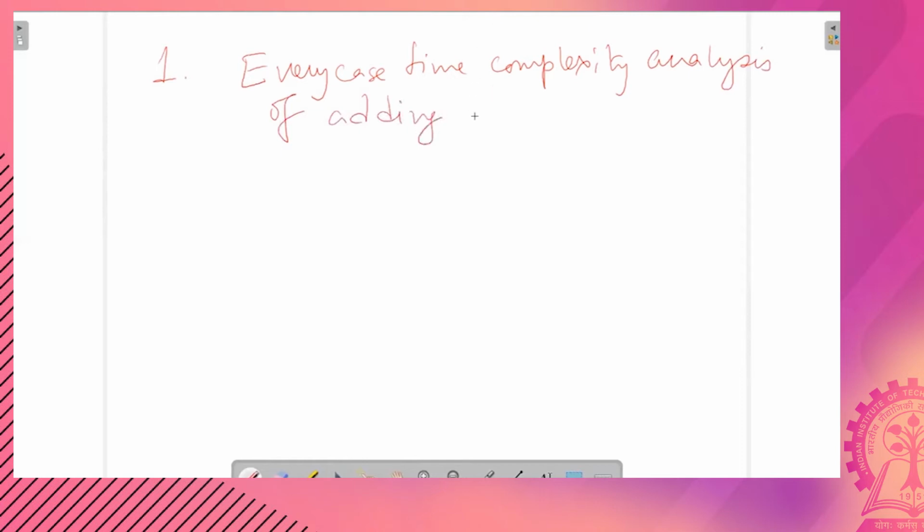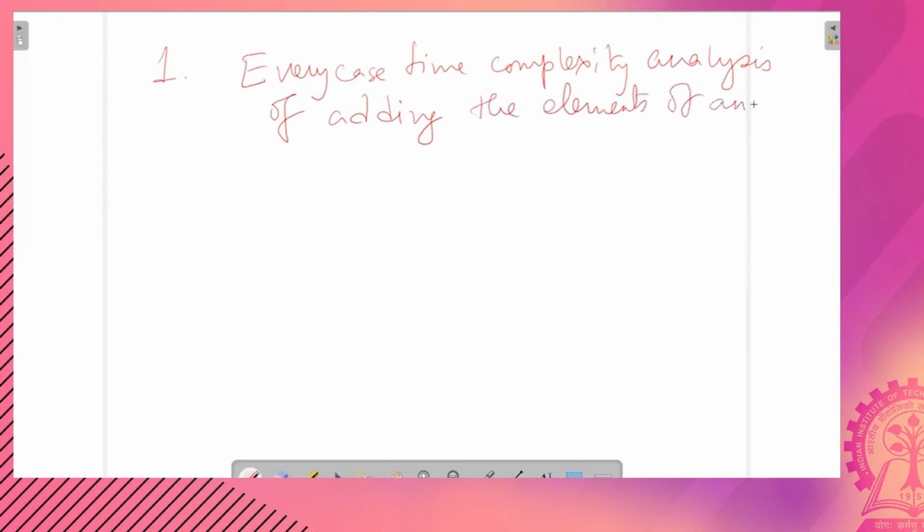The first one, every case time complexity analysis of adding the elements of an array.